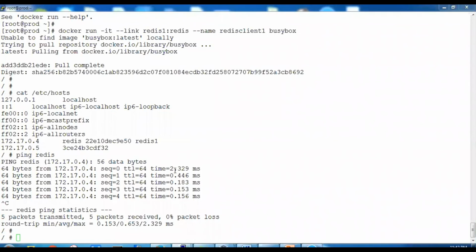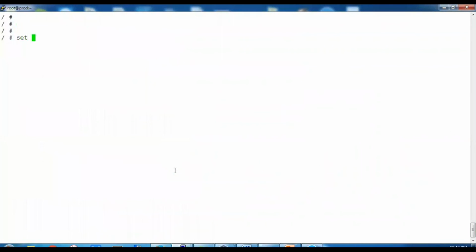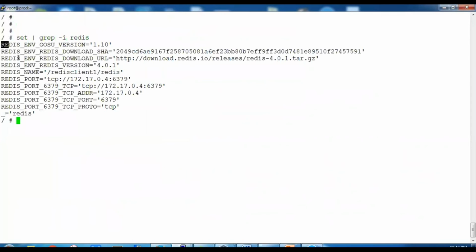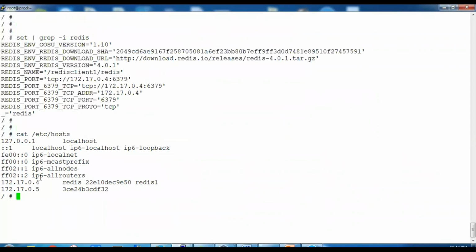Now if we give the command set to check the environment variables, and we grep out all the variables of Redis, we are on the Redis client, and see, on the Redis client all the important variables are set, right? And if we read the file cat /etc/hosts, we can check that the IP address of this Redis server is 172.17.0.1, and this is the IP which is coming from the Redis server.